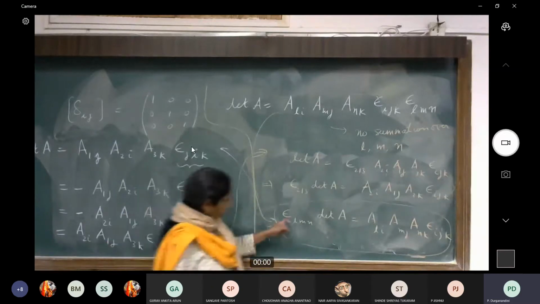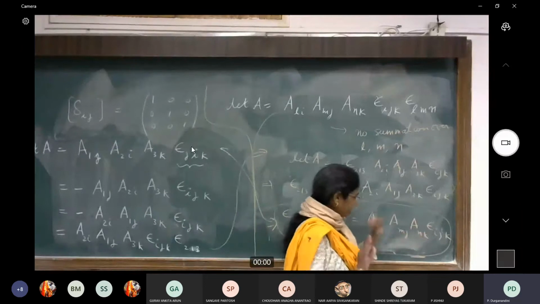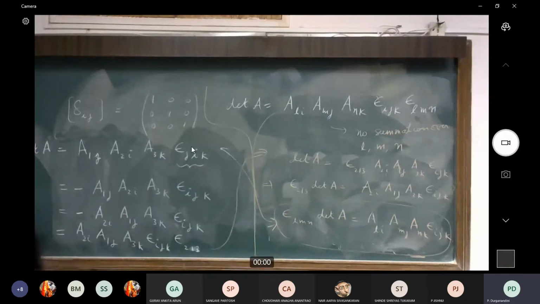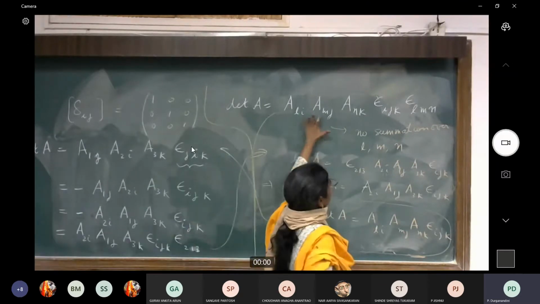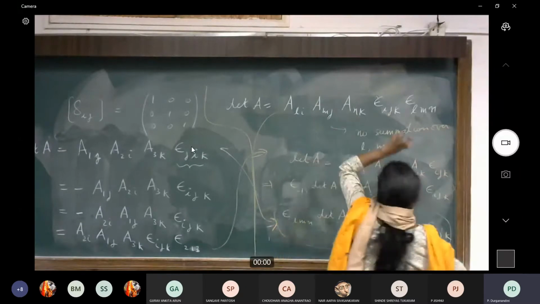And again, this epsilon LMN will tell you that my first indices L, M, N must be different. I mean, I have to have some permutation of 1, 2, 3 here. I can't get the same two indices. Okay, in fact we can generalize this to any nth order determinant, but let me just leave it here. So again, I want to emphasize when I wrote this expression, I don't have a summation over LMN. So this is simply then multiplying that particular value.